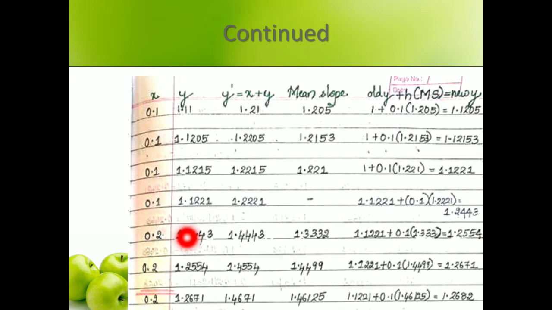So 0.2, 1.2554, 1.4554 is the y dash value. Mean slope will be 1.499. New y value will be 1.2671. Now carry again to the next 0.2 value, 1.2671. Then you have got your y dash to be 1.4671. Mean slope is 1.46125, and your new y value will be